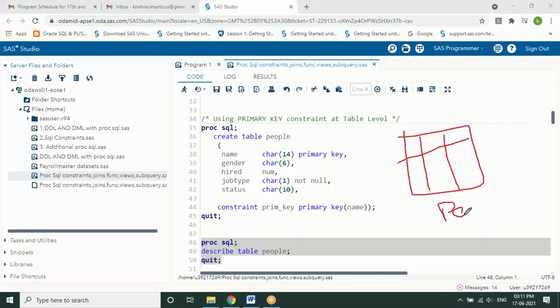So in this people table, I have these columns called name, gender, hire date, and so on. For this name, I'm going to assign some kind of a primary key. All the different types of constraints you are assigning have to be stored in one other table, like a constraints table of a database.